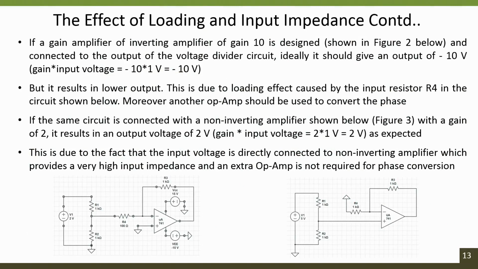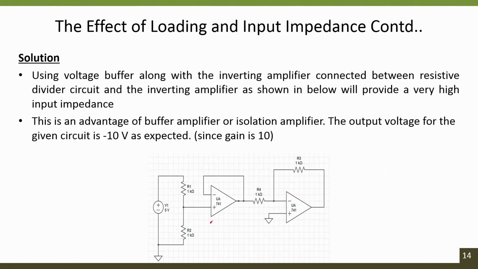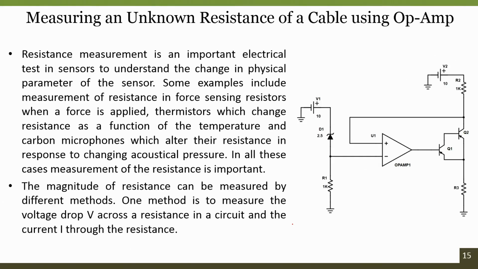So, this is what we have seen in the effect of loading and input impedance, why it plays an important role when we are designing, when we are interfacing two different subsystems, and if those subsystems are not matching with respect to the loading parameters, the output will drastically change. The output voltage will not be within the limits of what we have planned to design. So, as we discussed, one way to avoid this problem is by using the voltage follower configuration, or instead of using an inverting amplifier configuration, just go with a non-inverting amplifier configuration.